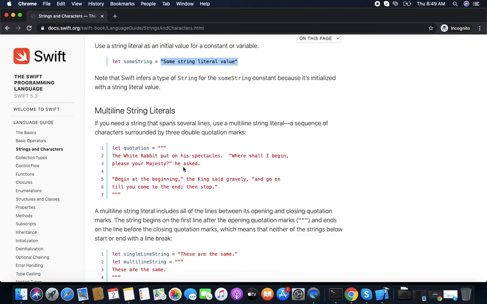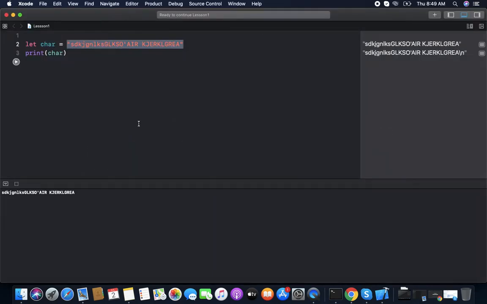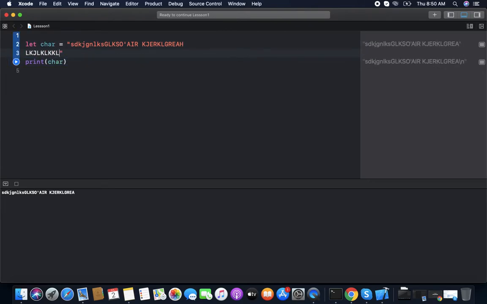Now we have multi-line strings. If we want to write in multiple lines, and we provide it here in multiple lines, or we press enter, this will be an error because a string starts from a quote and ends with a quote in the same line. It gives an error: unterminated string literal, because we did not terminate it. If we terminate it here, then we need to start a new string again, and it will be a different part. It's not a part of this. So if we print this, it's a different string.